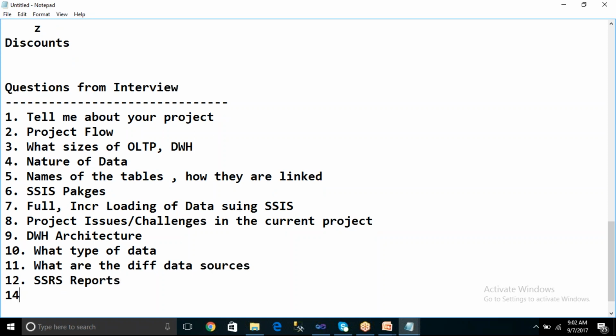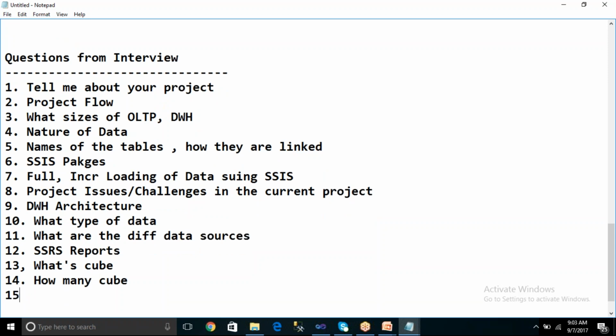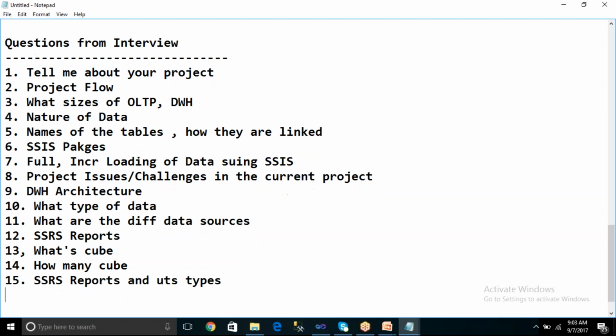So now tell me what is a cube? What is a cube? And they'll also ask you how many cubes you have. So a lot of questions they're going to ask. What are the varieties of reports you have done? SSRS reports and their types. And what are the challenges you have faced? And tell me